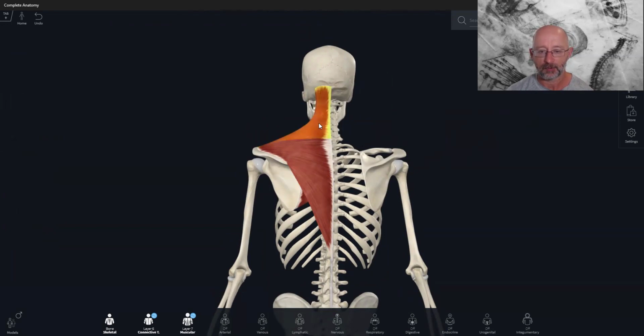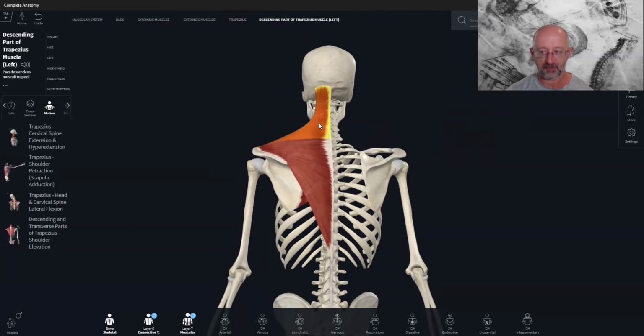Okay. So that's cervical extension. So that's when both sides work together. Okay. And then let's have a look at